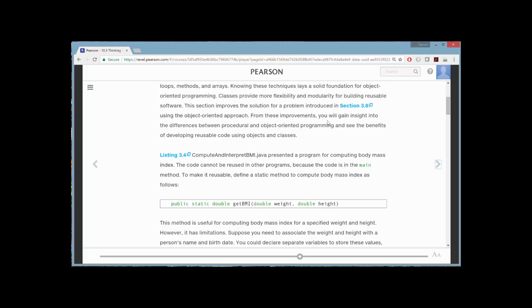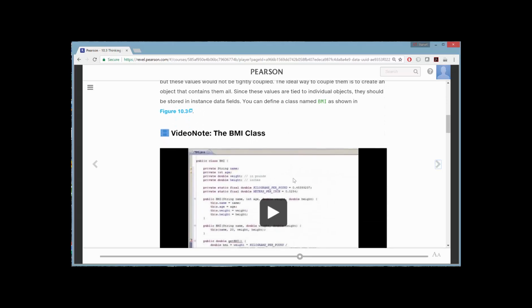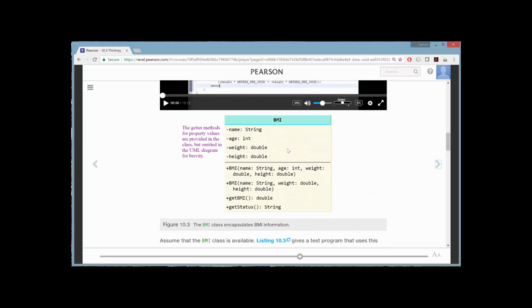In 3.8, we just wrote everything in the main method. Now we're going to design a class to make the code more usable and make all this information coupled in one object. So we're going to design this class BMI, with all this information in one place,